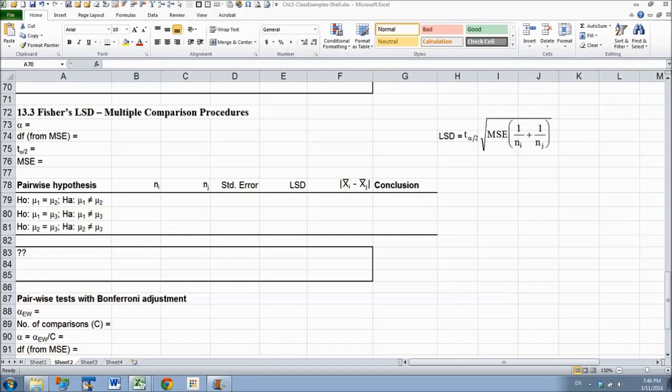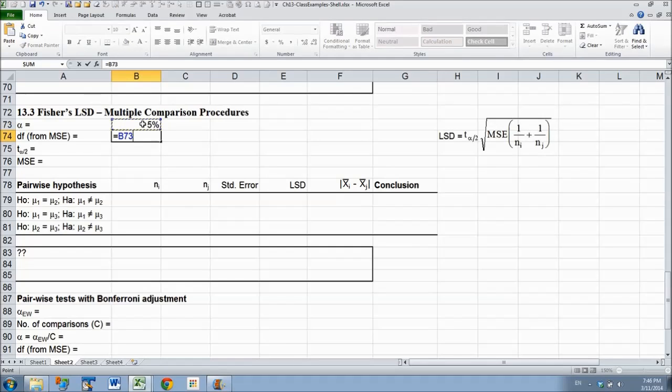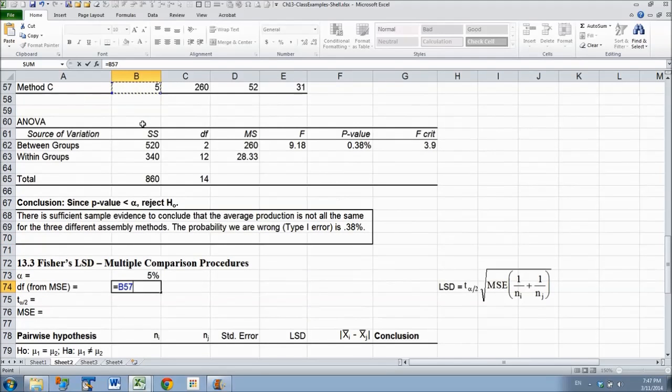Now in this video I'm going to demonstrate how to set up Fisher's multiple comparison procedures using Fisher's LSD for the problem that we just completed, the experimental study of 3 assembly methods. Now let's assume that our alpha is 5%. The degrees of freedom comes from MSE and from the output previously completed. Okay, so you have the degrees of freedom